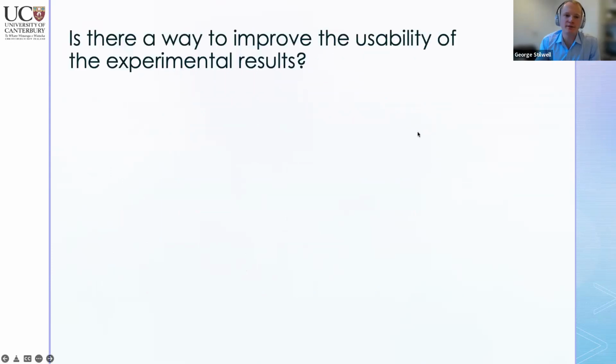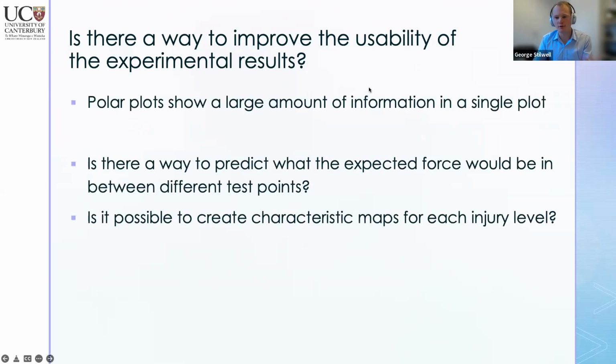Cool, so starting with the fitted model, the main question that was asked was, is there a way to improve the usability of these experimental results? The current polar plots show a large amount of information in a single plot, which can be good, but it also can make it quite difficult